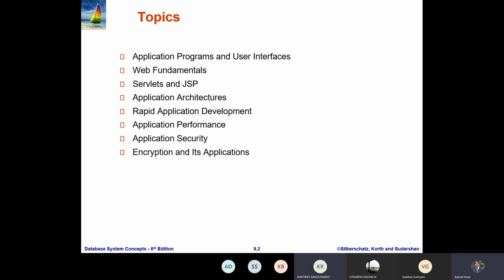What is a cookie? Can you give me the definition of a cookie? Karthikeya, what is a cookie? What do you mean by cookie? Anyone can answer, what is a cookie?